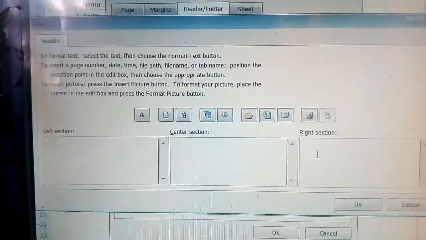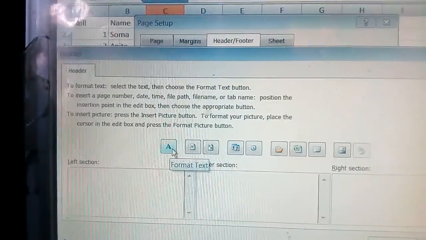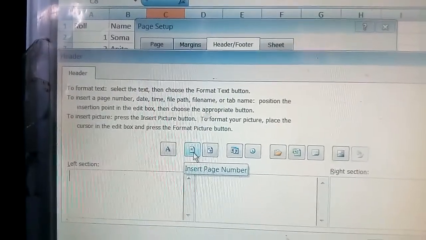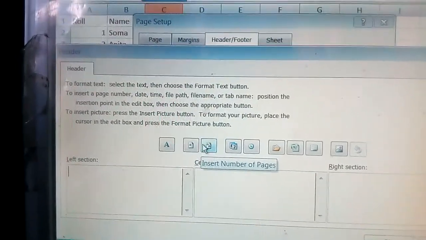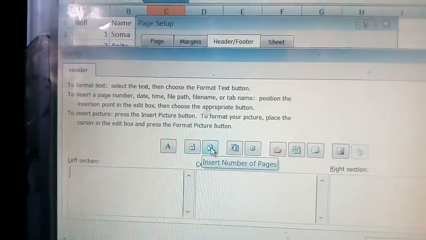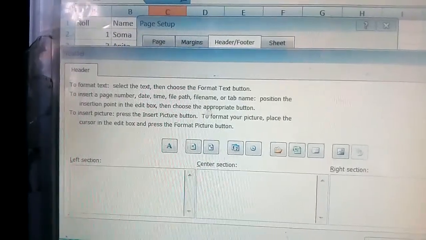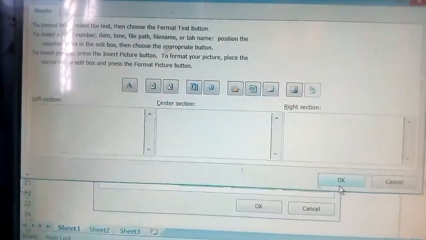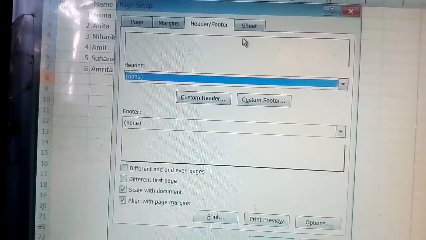Similarly on the right section also you can type the heading. Here you can see this is for typing text, format text, how you format the text, then inserting page number, that is for inserting the number of pages. Here are date and time, these things you can insert from here, and then finally click on OK. So this is the process for header and footer.